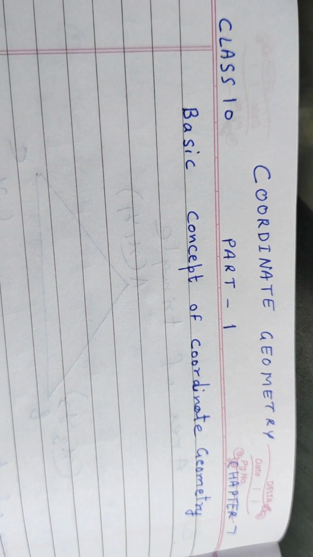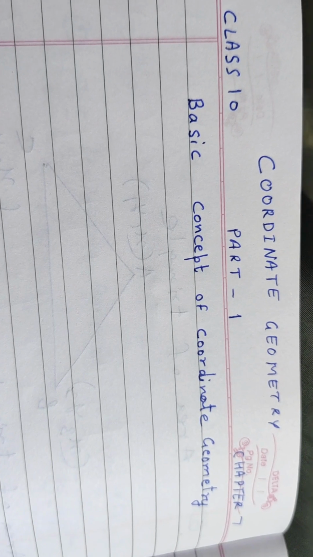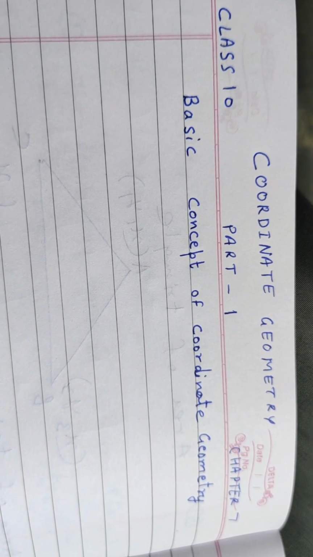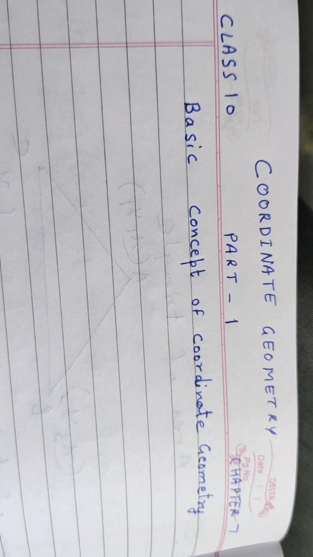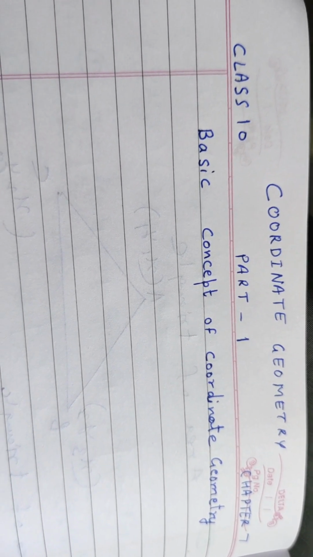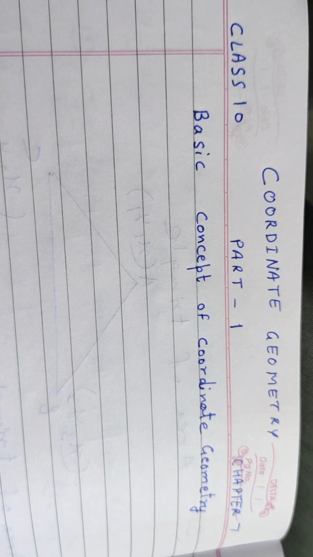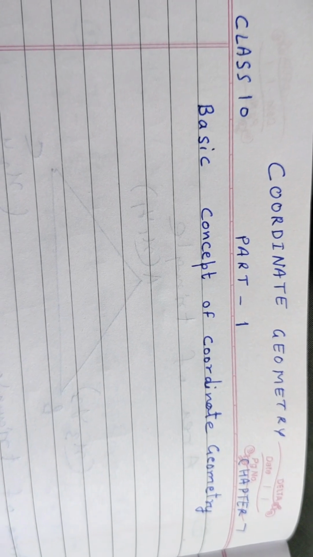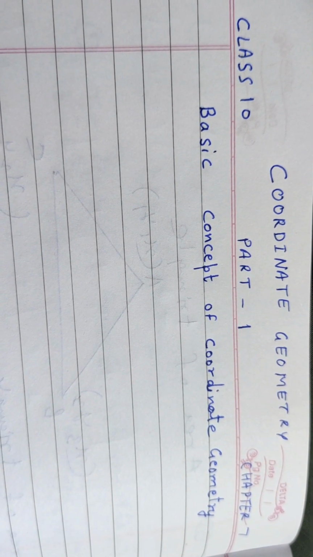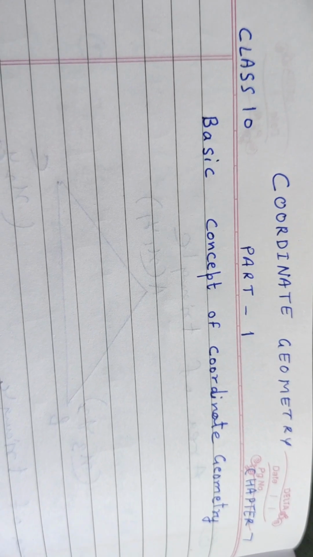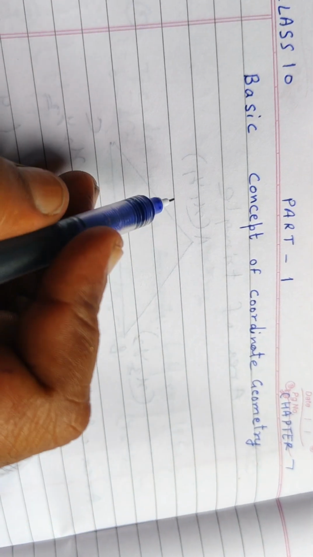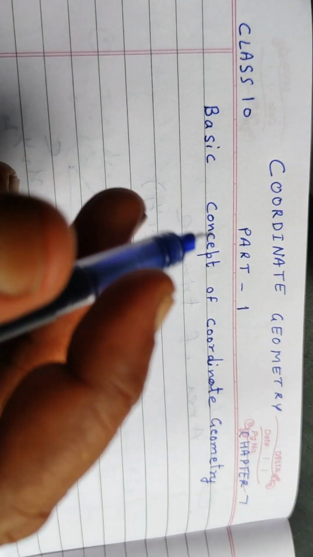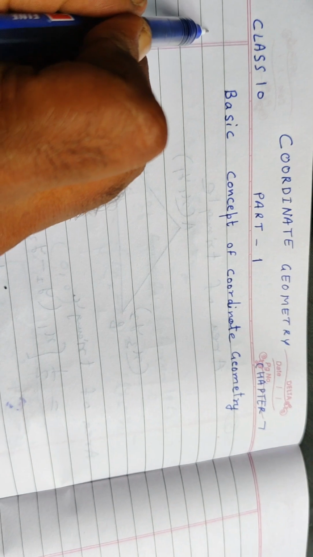Class 10th Coordinate Geometry Part 1, Chapter 7, Basic Concept of Coordinate Geometry। यहाँ पर हम कोऑर्डिनेट ज्योमेट्री के बेसिक कंसेप्ट को समझेंगे। तो स्टार्ट करते हैं। Here we have to understand what is coordinate geometry. Coordinate geometry asks a question: